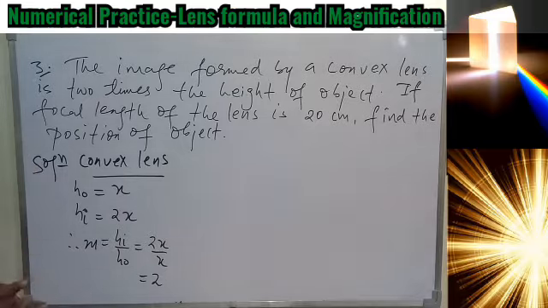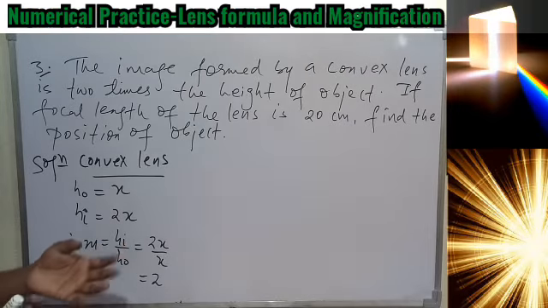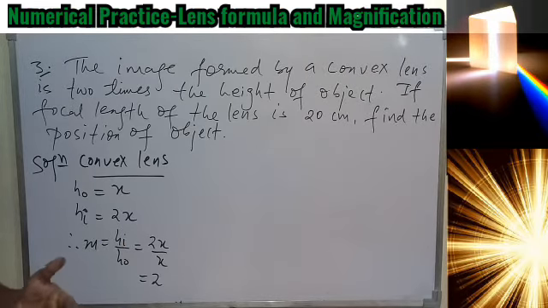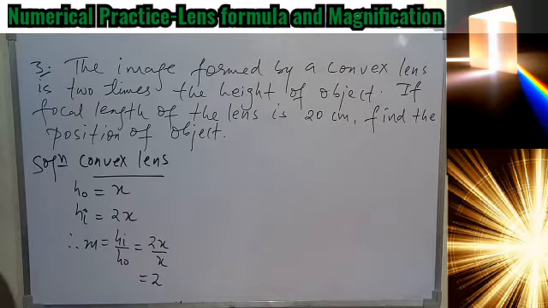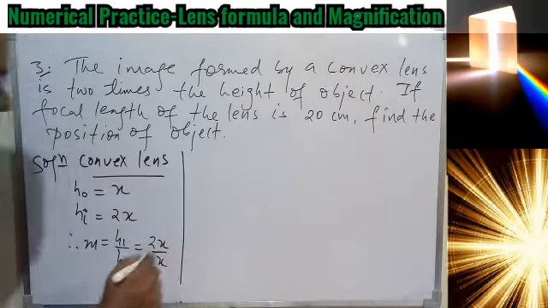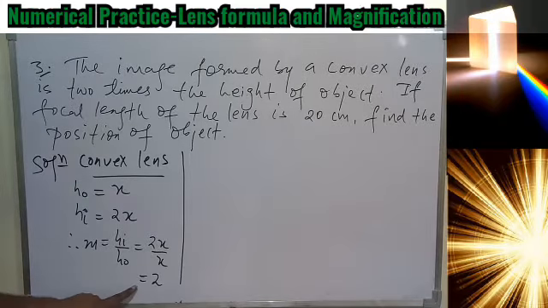So again, since the clarity is not there, we must go for both the conditions, like let the image be real, and let's see what will be the object distance in that case, and let the image be virtual, and then again we find the distance of the object from the lens. So we will get 2 different answers in this particular question. So that is very clear, we should have clarity, otherwise mistake will be there. So this 2 is just for getting the idea how much is the magnification, but this can be positive or negative depending upon the image is real or virtual.